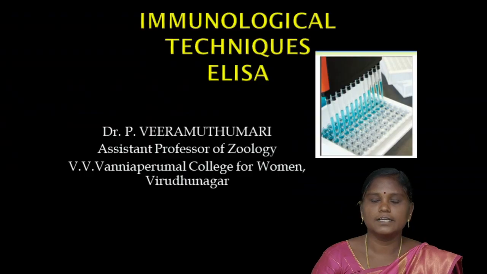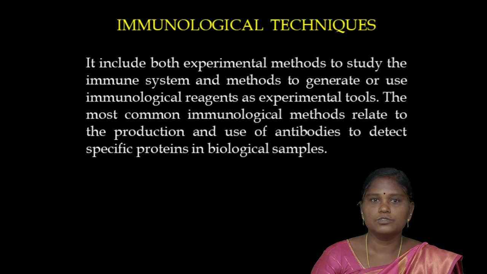The topic is immunological techniques. The technique we are going to see is ELISA. You should know what is meant by immunological techniques. They include both experimental methods to study the immune system and methods to generate or use immunological reagents as experimental tools. The most common immunological methods relate to the production and use of antibodies to detect specific proteins in biological